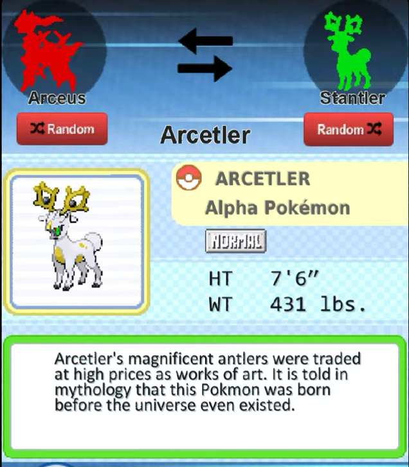So it's like, Arceus Stantler, magnificent. It's literally the same thing with the antlers being traded for high prices as works of art. That's apparently Stantler's thing, and then it fuses with the other one, which is told mythologically that the Pokemon was before the universe even existed. And I was like, you know what? I'm gonna fuse it with a bunch of legendaries and have the Pokedex entries,